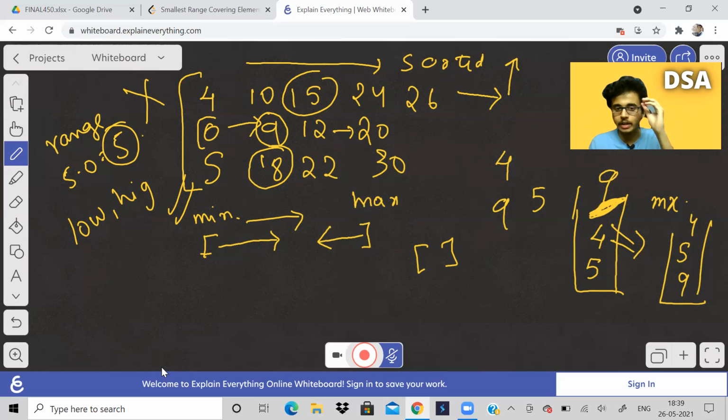So I really hope you have understood the logic behind this, why I was moving according to the minimum element, because that is the best way for this problem. If, for example, the arrays were sorted in decreasing order, then I would try to move the maximum, right? Or I would still try to move the minimum. It depends on the problem. So comment down below, what would be your approach if the arrays were in decreasing order?